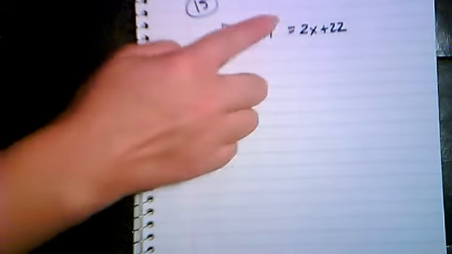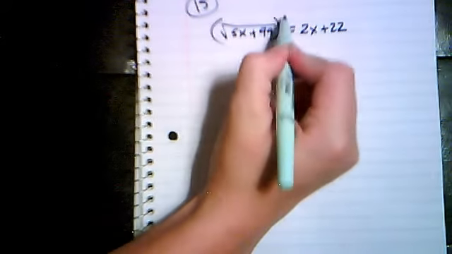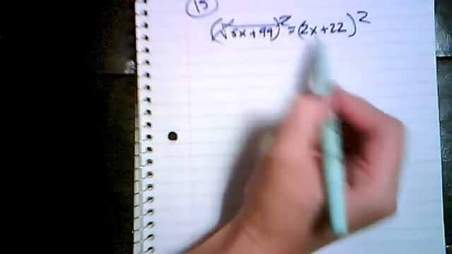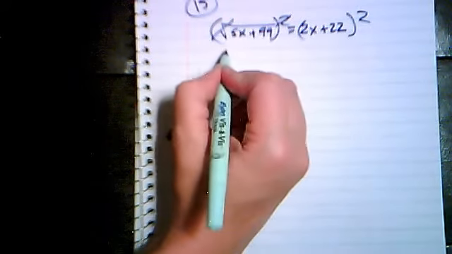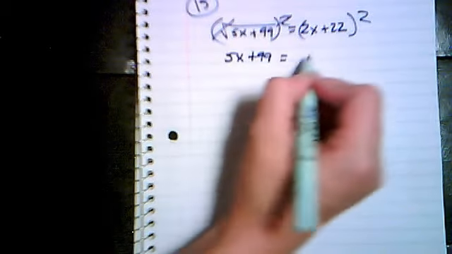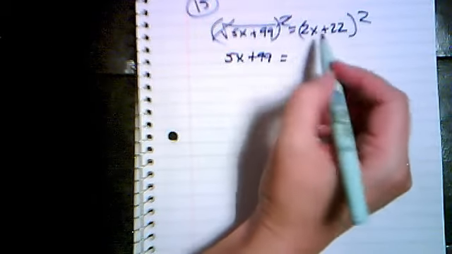So when I have something like a radical isolate is equal to other stuff, then I'm going to square both sides because that makes the radical disappear. And when I square both sides over here, then I'm going to have a perfect square trinomial. This one just stays 5x plus 99, and that's equal to,